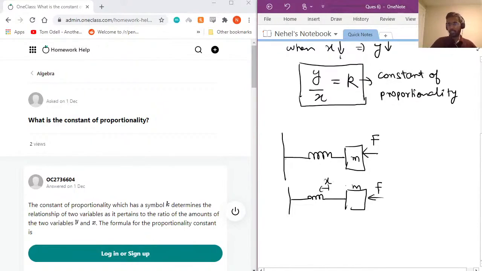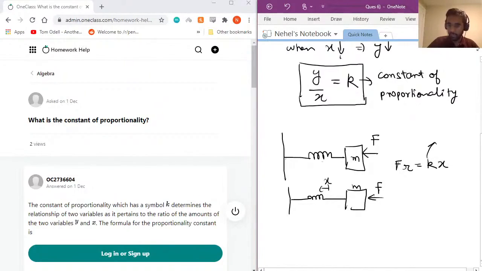Now this distance x we know is the displacement and the restoring force. So when we press a spring, it wants to push back, so it has some restoring force. The restoring force for the spring from Hooke's law is given by F restore is equal to k times x,